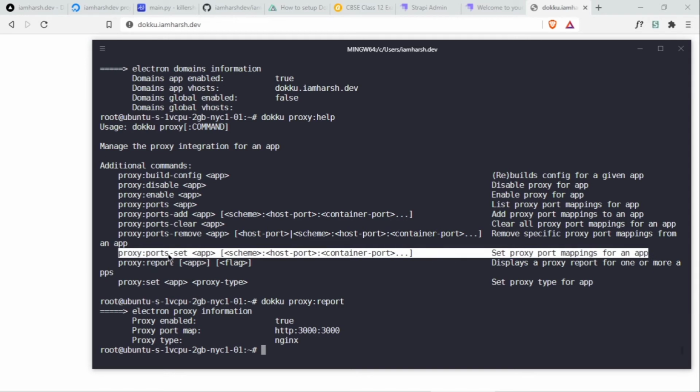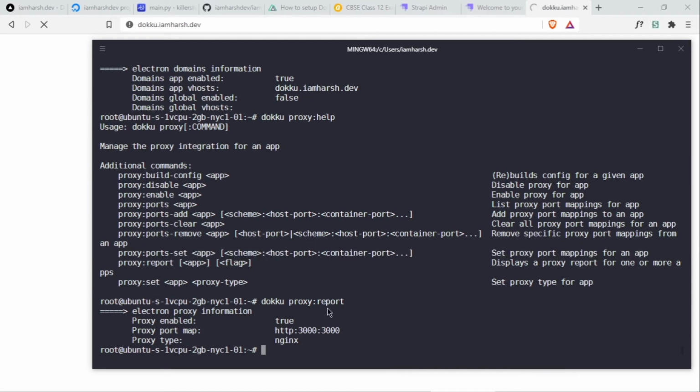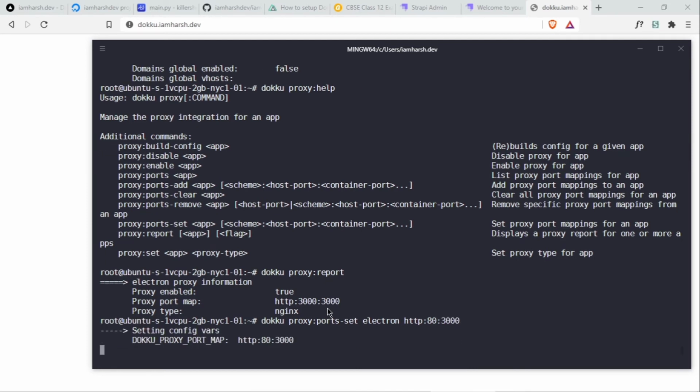Here you can see the proxy port set command takes the app name, host port, container port, and scheme like HTTP or HTTPS. So we'll do dokku proxy:ports-set, the app name, and now you have to define the scheme to be http and the port to be 80, mapped to container port 3000, and we'll hit enter.